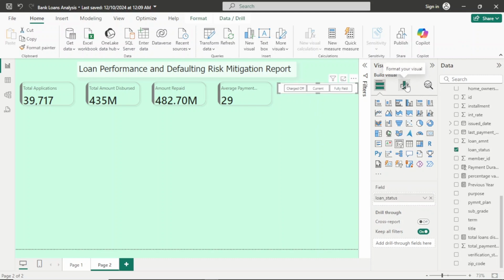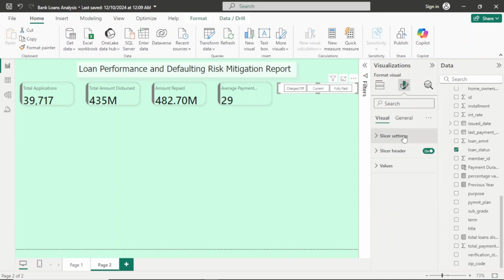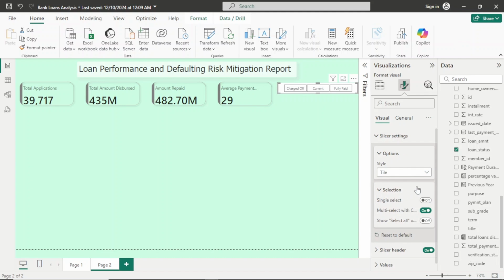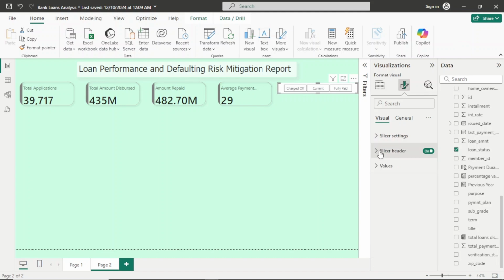Continue formatting it. So we changed the style and the selection part is okay. So we can turn the slicer header off. Then let's go to the values. Okay, the values are